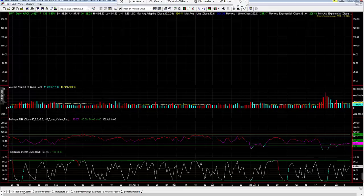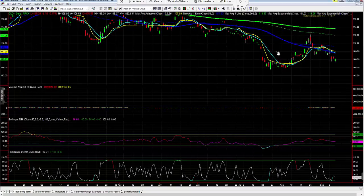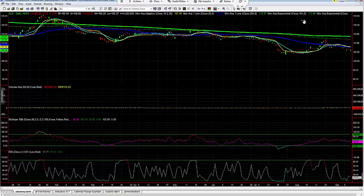All right, let's take a look at a couple of different assets. Let's take a look at gold, see what that's telling us. Interesting, you can see we got that huge sell-off in July. We're now into a seasonally strong area for gold, where it generally starts to bottom, which it's been doing. So on the panic, did gold act somewhat as a safe haven? It did. It did not continue to make new lows,